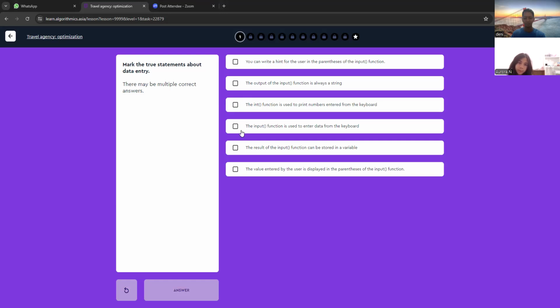There are four right options. The result of the input function can be stored in a variable.